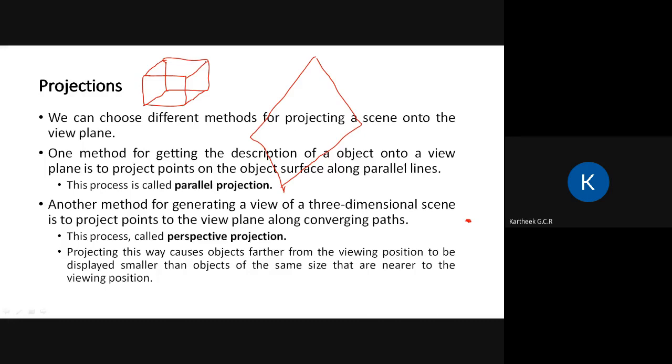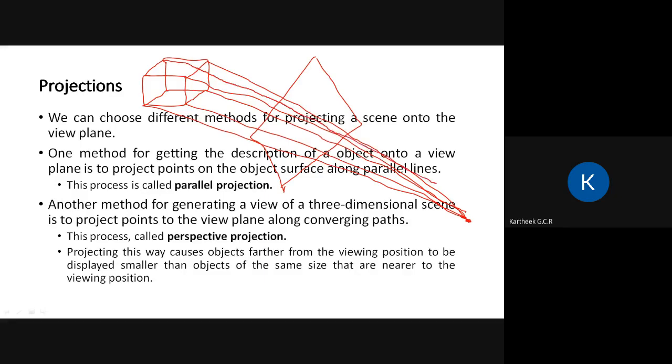But here the projectors are going towards the point of projection, or the viewer position, like this. They are actually meeting at the viewer position.